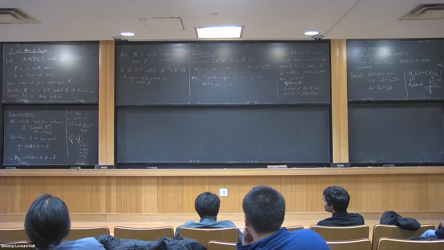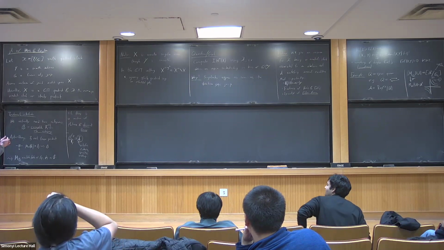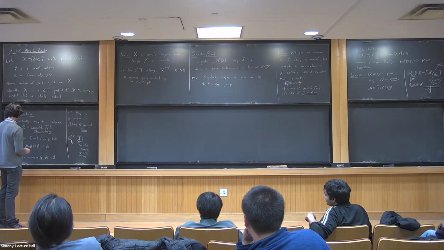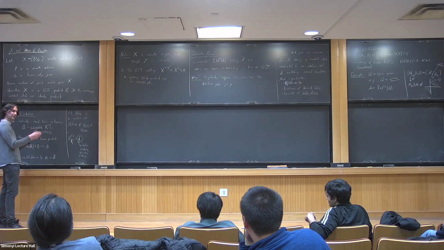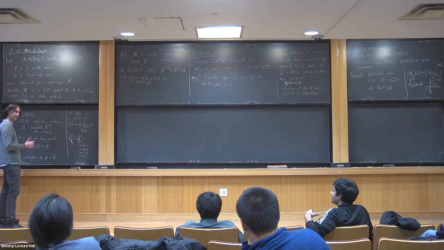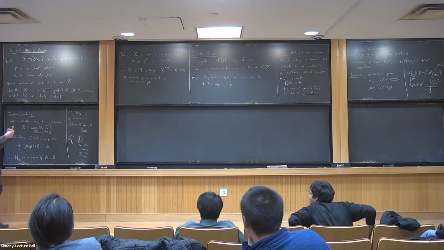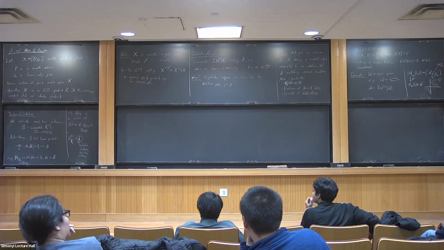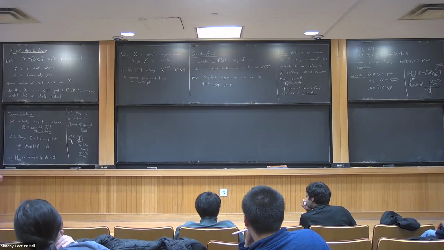So is it possible to say one word on what flatness means? Absolutely, yeah. So if you take an R-family of objects in B, it's essentially like you take an object in B with some R-module structure. Exactly. And then you kind of want tensoring with any R-module to be exact, an exact functor. Yeah.